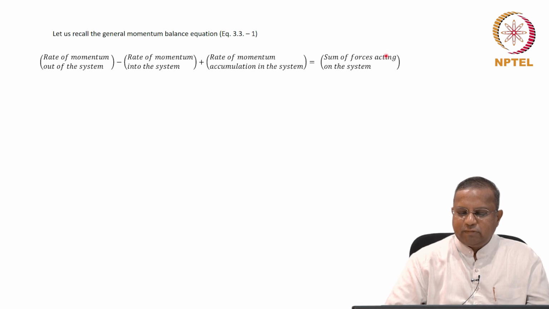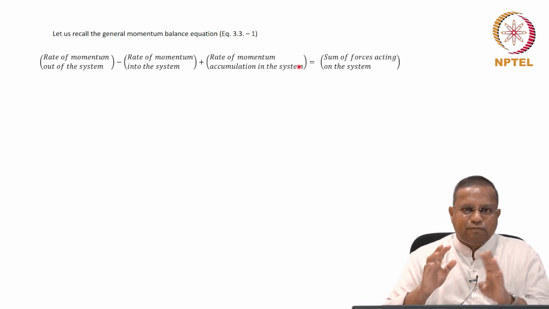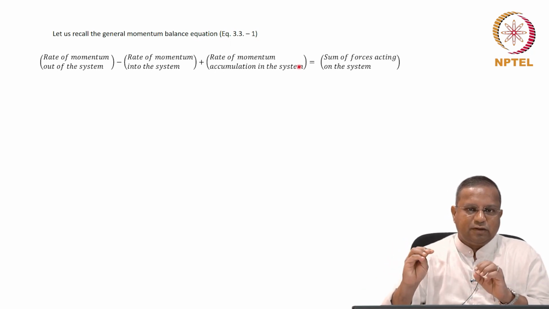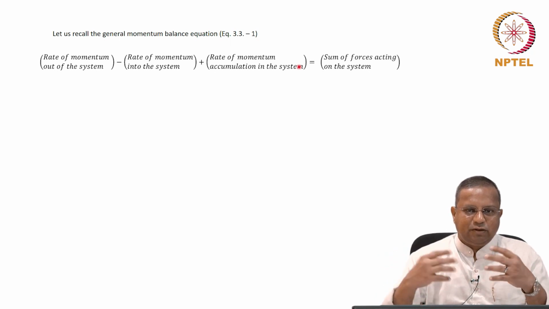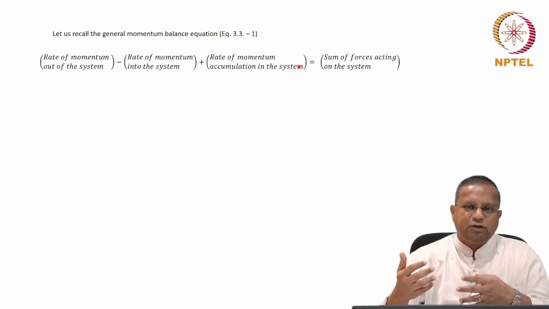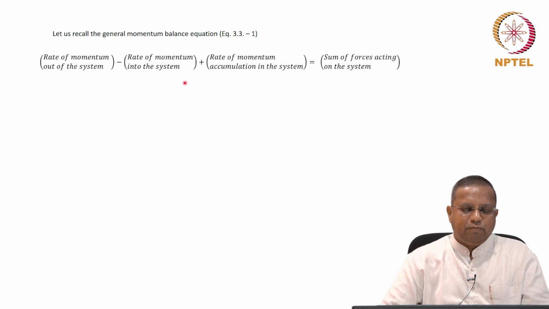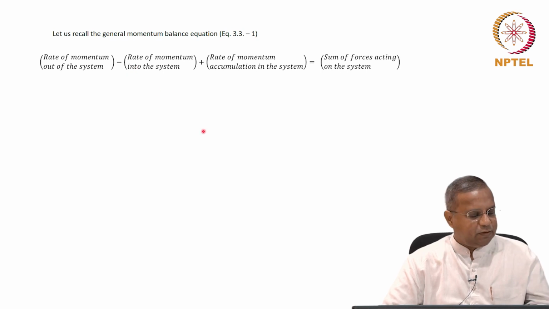This we saw next, sum of forces, and we have a term for this. We just go and plug those various terms into this, and that's all there is. We are doing a momentum balance. We just split those various contributions, and they were available in an easily understandable form in terms of the variables that can be measured. And now we are putting them back into the overall fundamental momentum balance equation, Newton's second law of motion. If we do that,